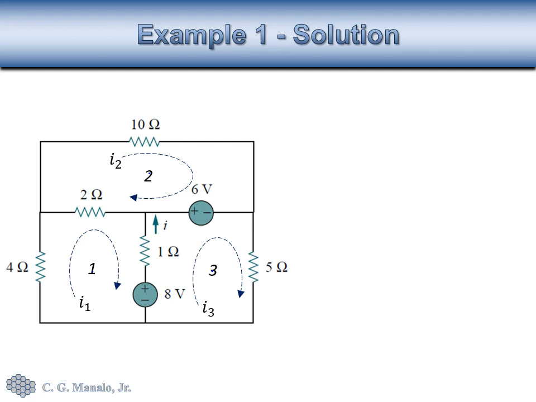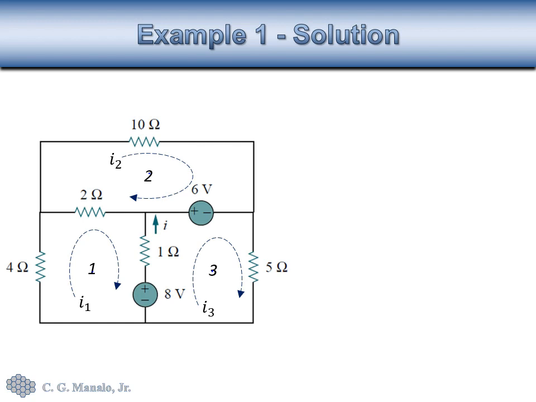For loop 1, we have I sub 1 going in the clockwise direction, then I sub 2, and I sub 3. It is important to note that when we assign loop currents, it is much easier if we assign them having the same direction. In this case, all the loop currents have the same direction, which is the clockwise direction. For loop 1, we can now proceed in writing the KVL equations. So for loop 1, that would be